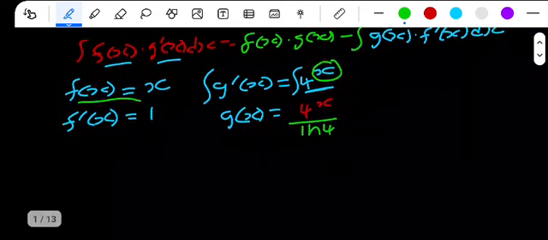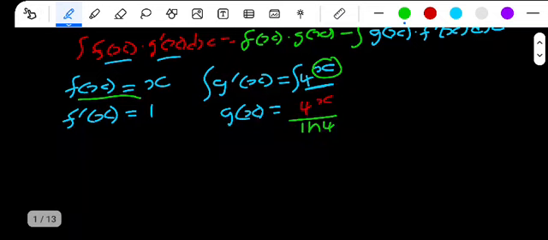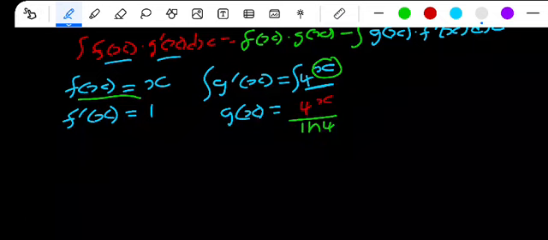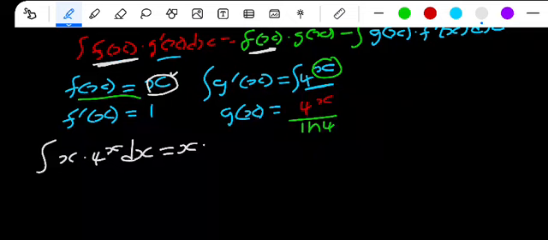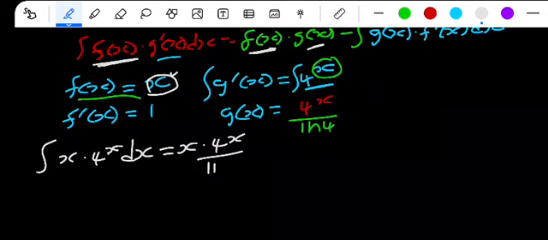So the integral of f of x, which is x, multiplied by g prime of x, 4 to the x, dx must be equal to f of x, which is x, multiplied by g of x, which is 4 raised to the power of x divided by ln 4